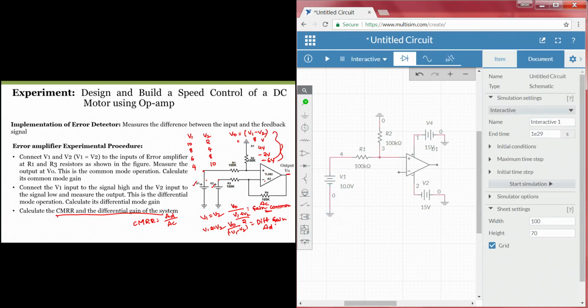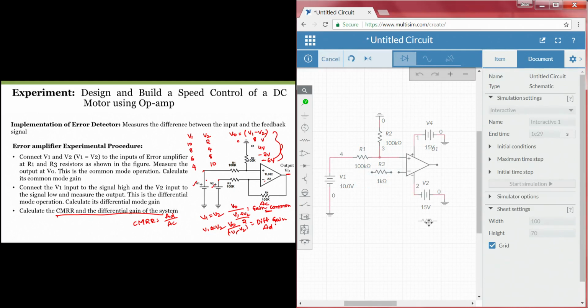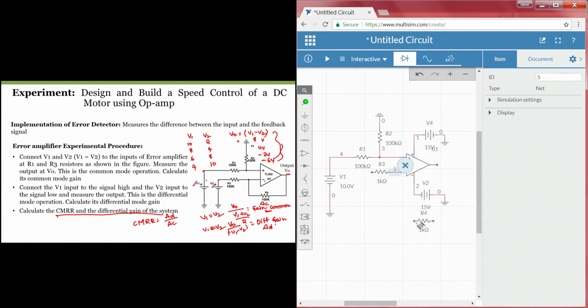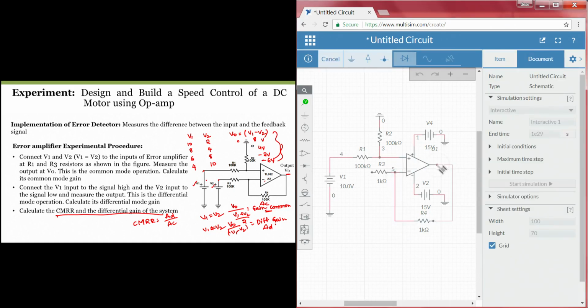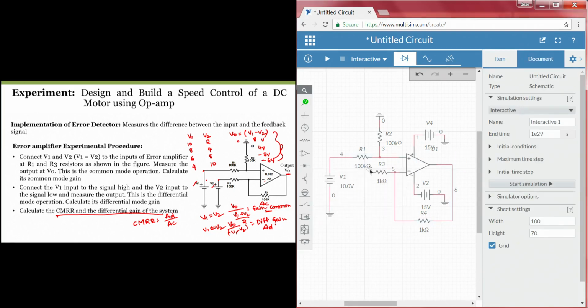What is the other part? The negative feedback and the resistance at the negative terminal. So, I will take the R3 resistor, and one more resistor, R4, which should be connected as negative feedback. I am connecting one end here, one to this junction, and the other terminal to the output voltage. At this point I have to connect another voltage source.